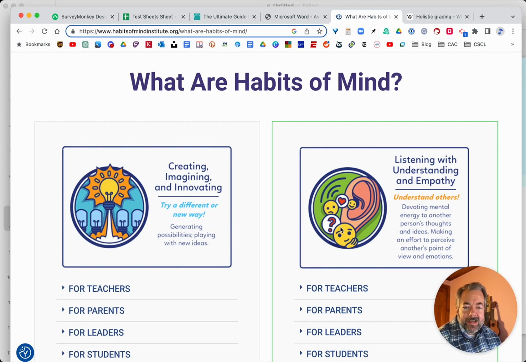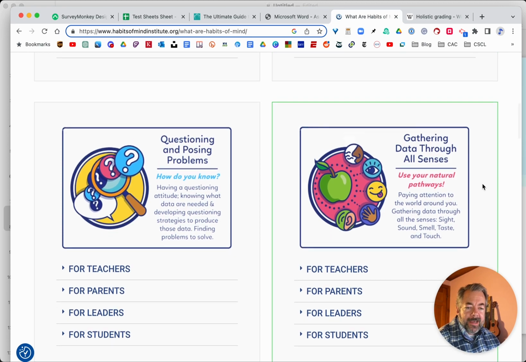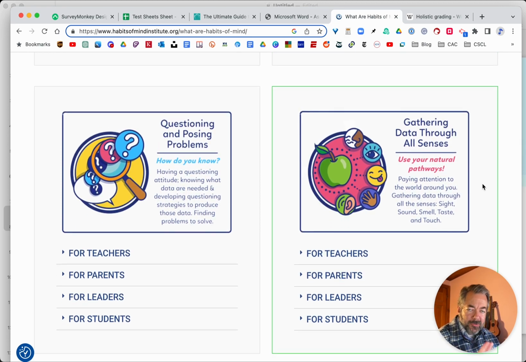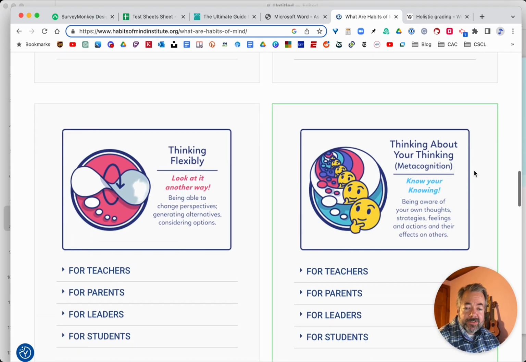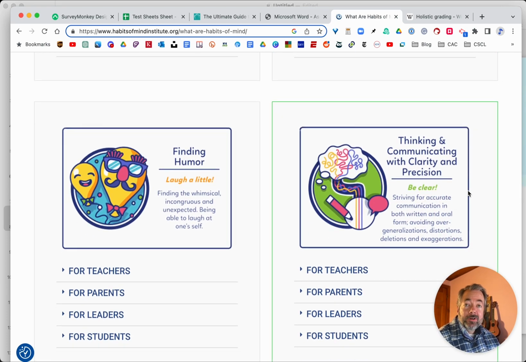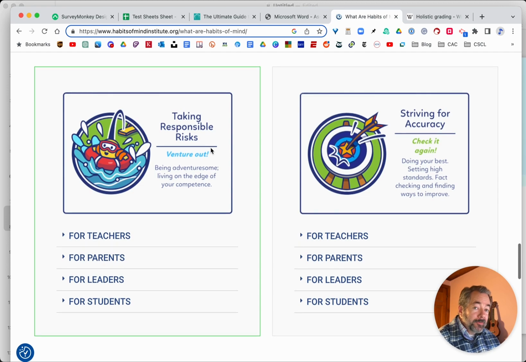For instance, one habit of mind is being creative or imaginative or innovative. Listening with understanding and empathy almost sounds like one of the 6 facets. Questioning, gathering data through all the senses, smell, taste, and so on. Applying past knowledge in new situations, being persistent, thinking flexibly, metacognition, that's a big one. Finding humor, you may not think of that as something to assess, but it really is. Clarity and precision in the way you communicate. Taking responsible risks, how's that for a good one? It's not just about taking crazy risks, jumping off a cliff, but